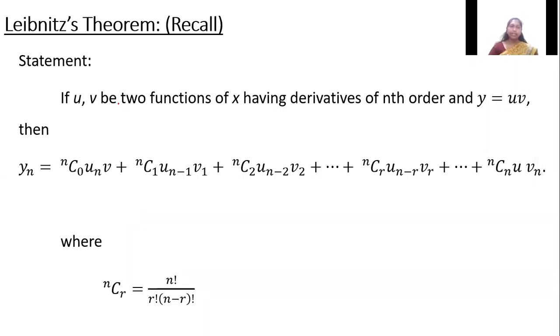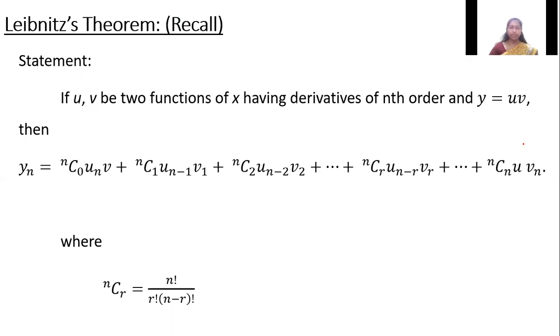Let me explain the Leibniz theorem with the help of an example. So before moving into the example, let us recall the Leibniz theorem again. The statement says that if u and v be two functions of x having derivatives of nth order and y